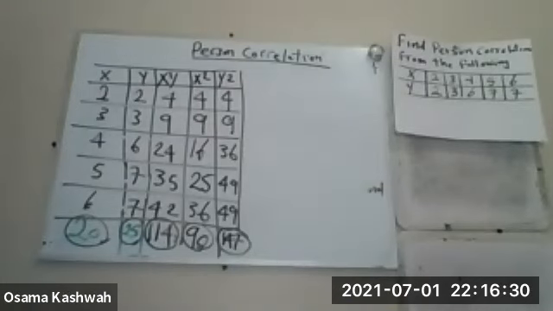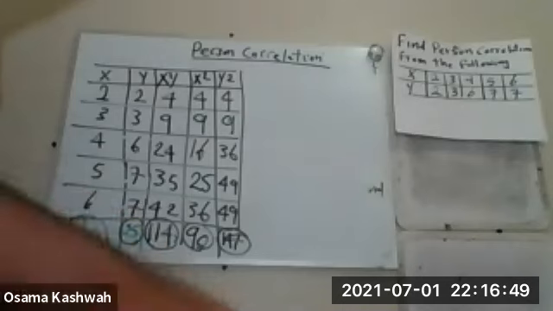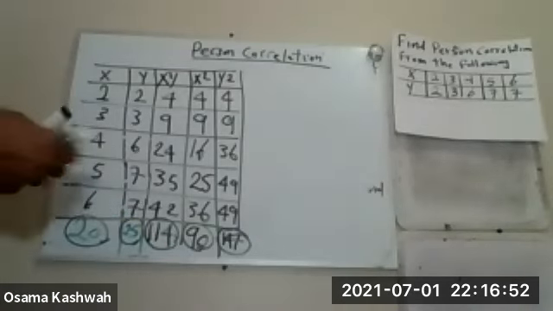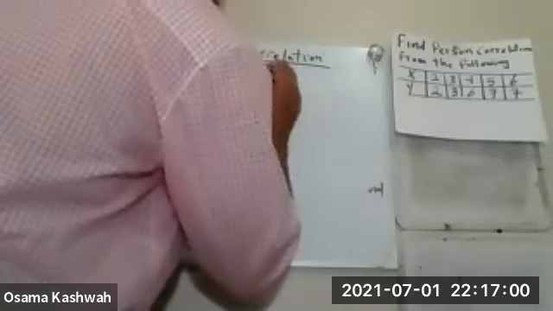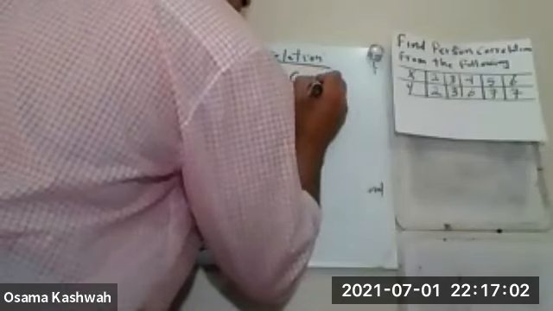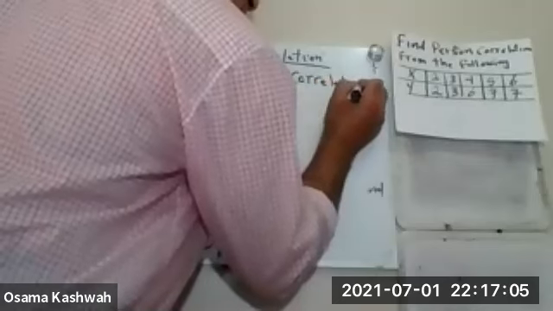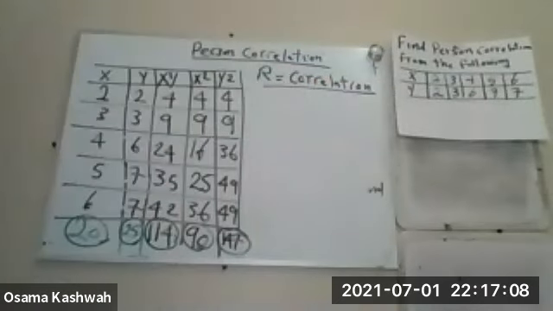Okay, I have the summations now. I have all of them. Then I will apply the formula to get the Pearson's correlation. So the formula will be like this. R, the correlation, R of the correlation. Correlation, C-O-R-R-E-L-A-T-I-O-N. R correlation will equal